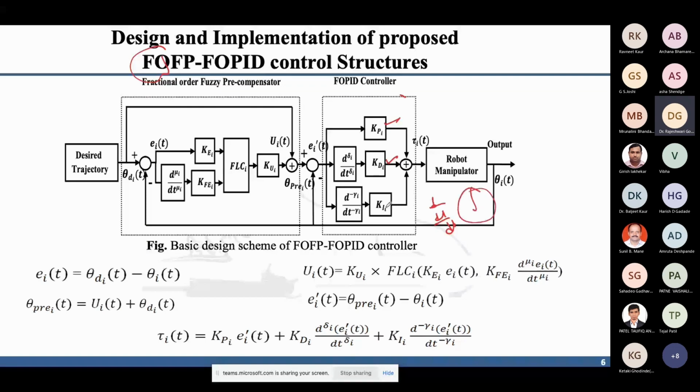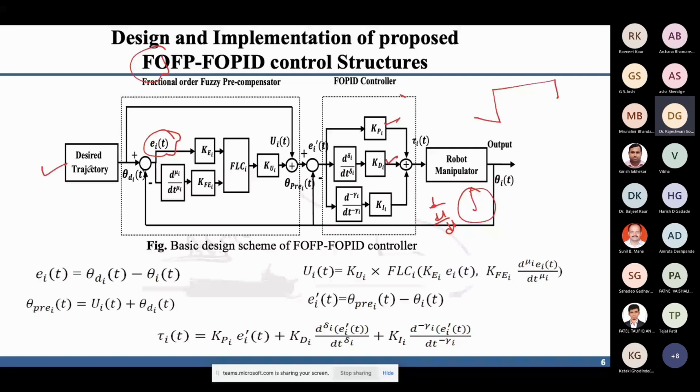Okay, and we have added a fuzzy precompensator prior to this particular controller. So what is the advantage of that? Suppose we are observing any kind of fluctuation at the output, such as a sudden change in output. Or if something happens with the input as well, the desired trajectory or some output, then your error is going to change. Error, what is error? Error is the reference trajectory minus the obtained trajectory, theta. This is your error, right?